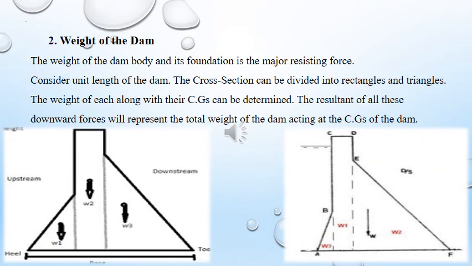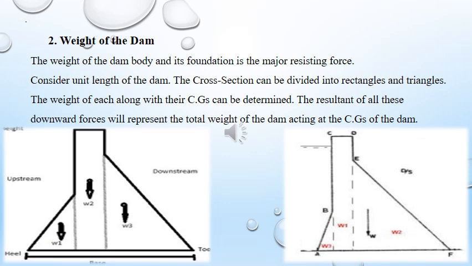The next force acting on the gravity dam is the weight of dam. The weight of dam is a major resisting force. It can be computed by taking the unit weight of concrete as 24 kilonewton per cubic meter, or 2.4 ton per cubic meter. The weight of the structures constructed on the dam should be estimated with a fair amount of accuracy. These include the weight of gates, gantry on the top of the dam, and weight of towers at the roadway